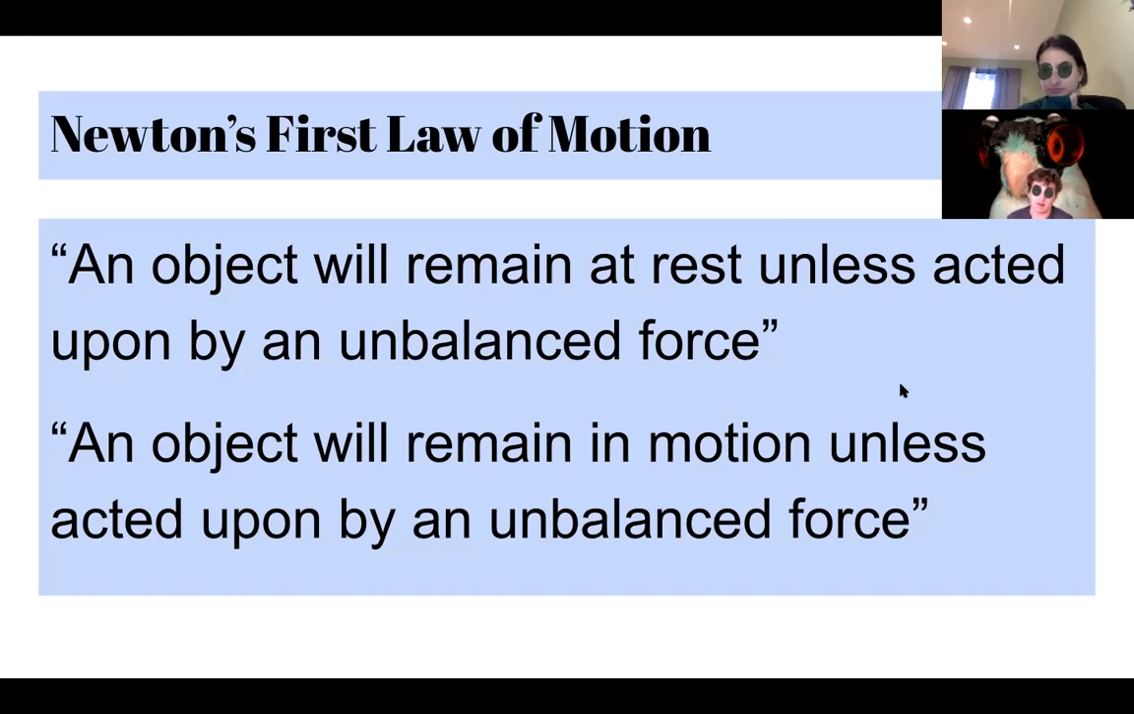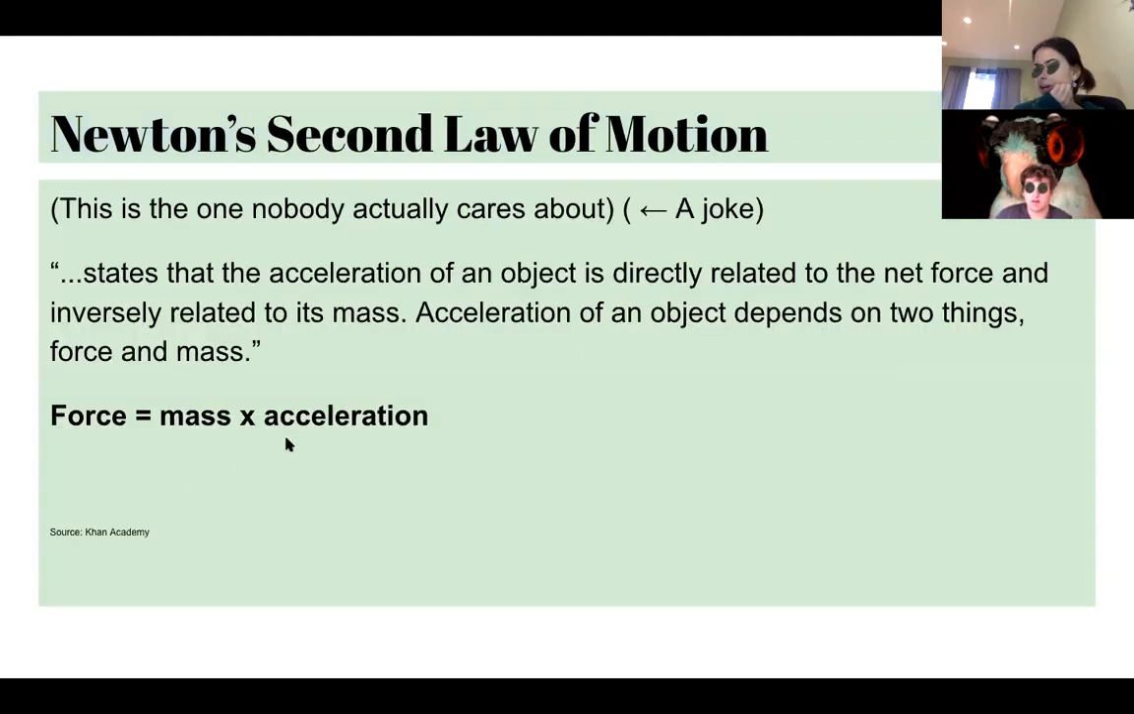unbalanced way. What that means is that if there are 2 opposite but equal forces, the motion will stay the same. But if one force is stronger than the other, or there is just no opposite force, the motion of the object will change. Very good. Okay, so Newton's second law of motion states that the acceleration of an object is directly related to